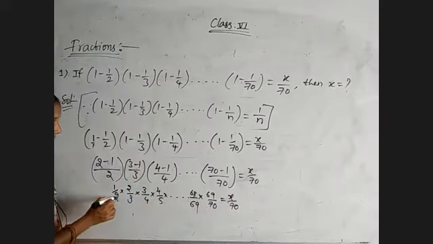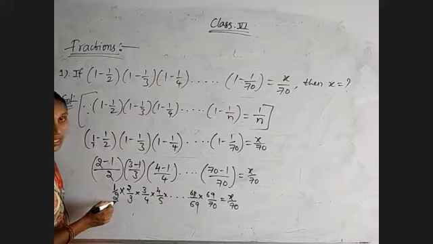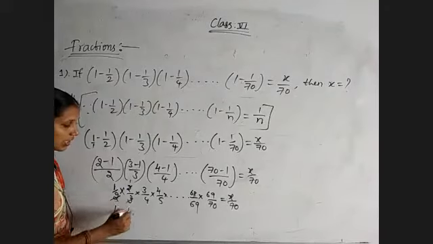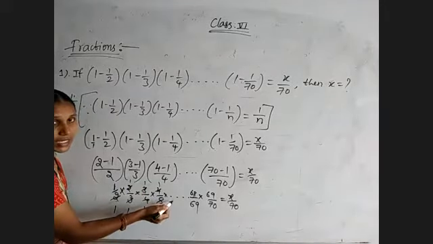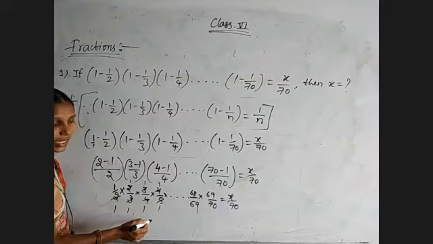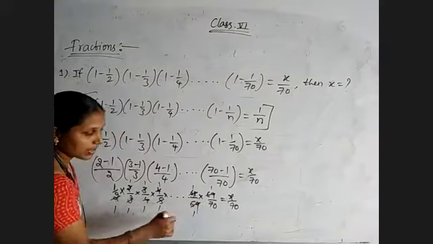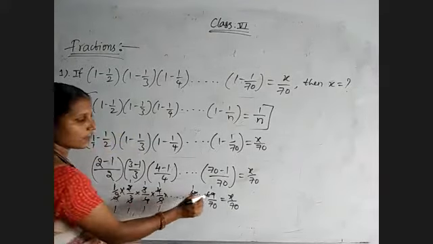Now just observe, it is multiplication only. So in the numerator we have 2 and in the denominator also we have 2, so cancellation is possible. 3 ones are 3 ones are, 4 ones are 4 ones are. Like that, 5 also we will get in the next term, so 5 also will get cancelled, and 69 will get cancelled. 68 in the previous value will get cancelled. Okay, meaning in the numerator only 1 we are getting.